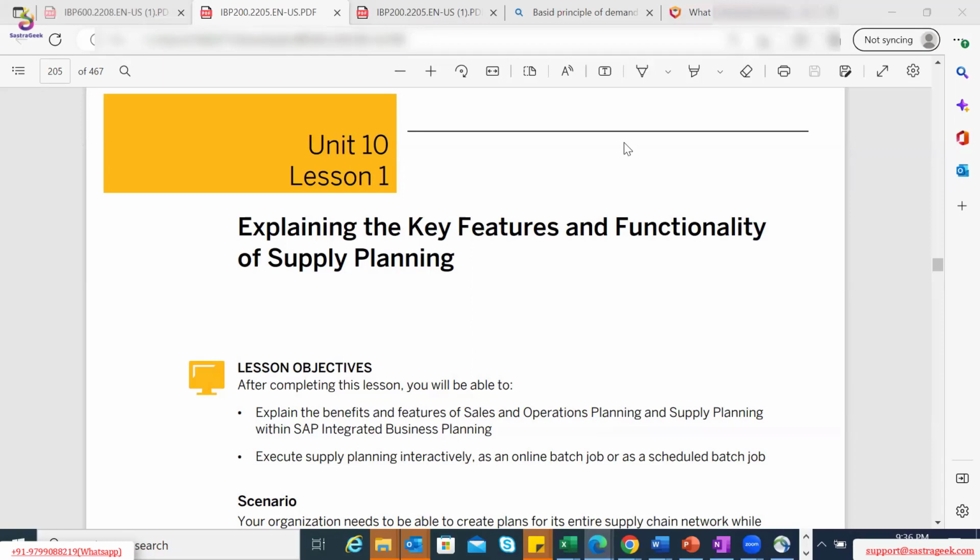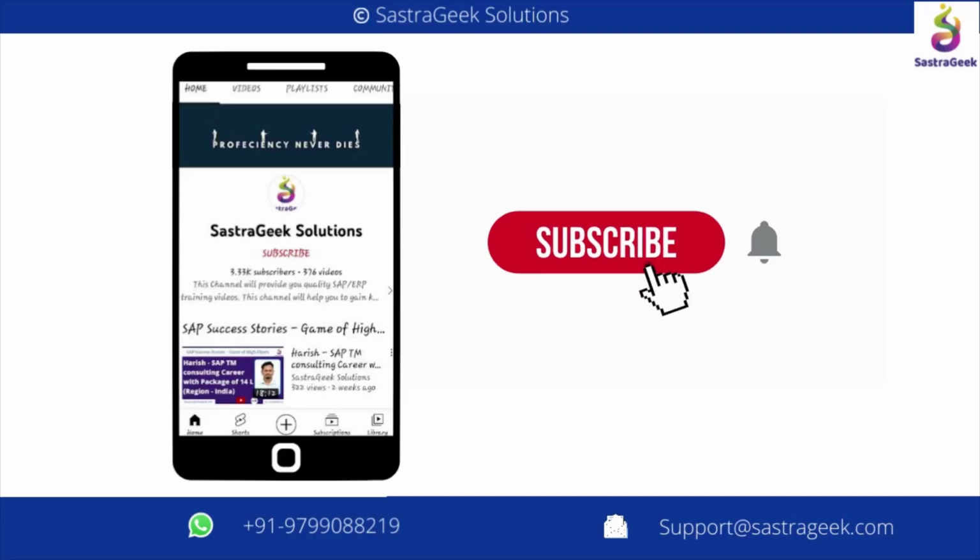Whereas during discussions for S&OP or demand, you would realize that demand planning is more customizable. You can create your own key figures, you can have the